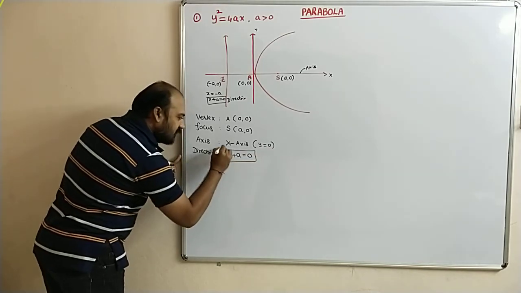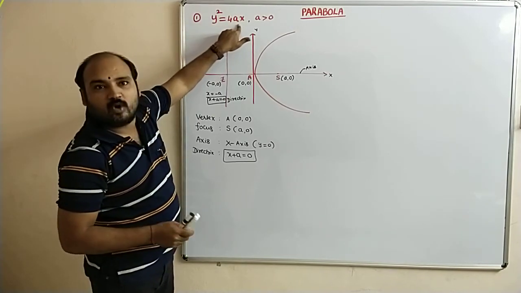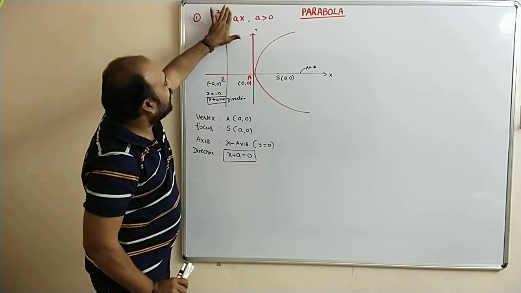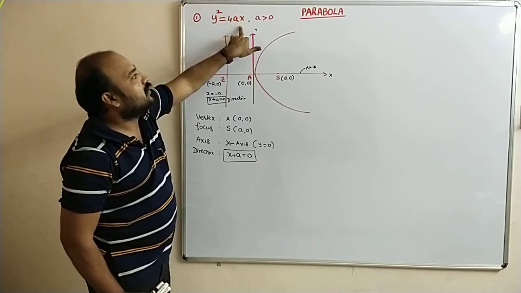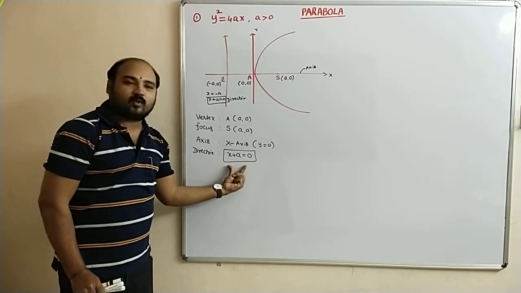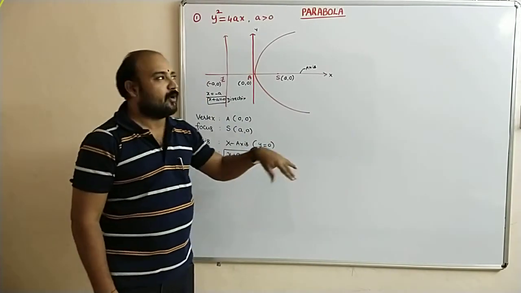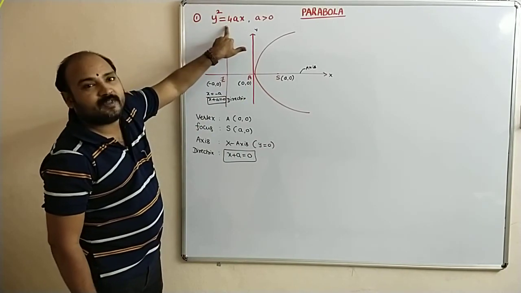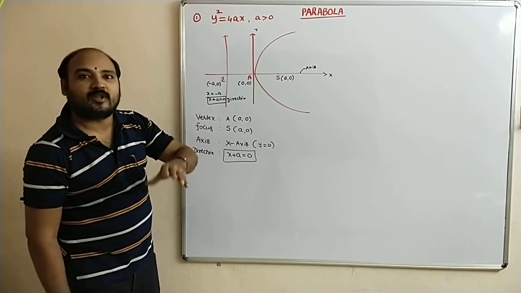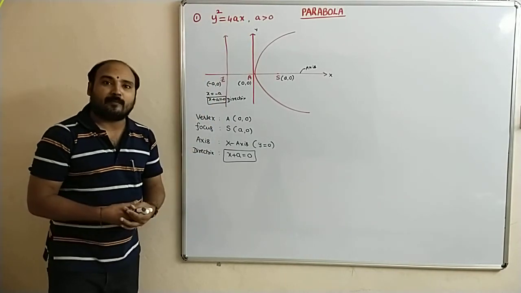Here I will tell one logic on how to remember it easily. For the equation of parabola y square equal to 4ax, you remove the 4 and y square, x and a are there. x plus a equal to 0. For the equation y square equal to minus 4ax, that time I will explain. You remove the 4, minus will be there, no? x minus a equal to 0. That is the directrix of y square equal to minus 4ax. That is the way you have to remember it easily.